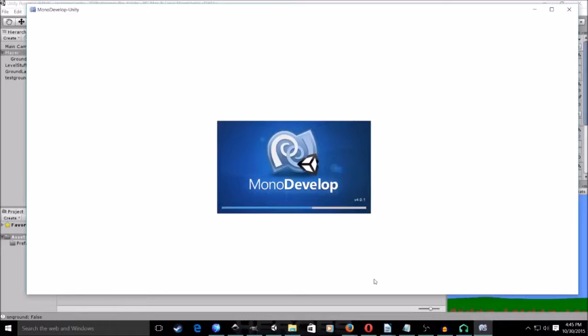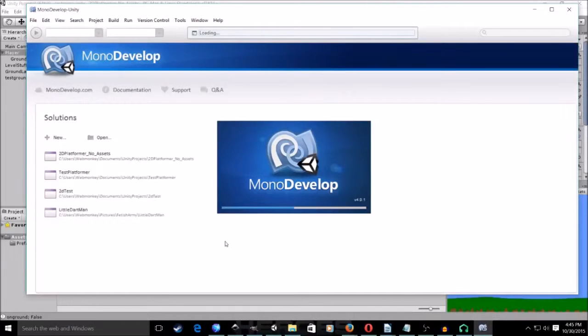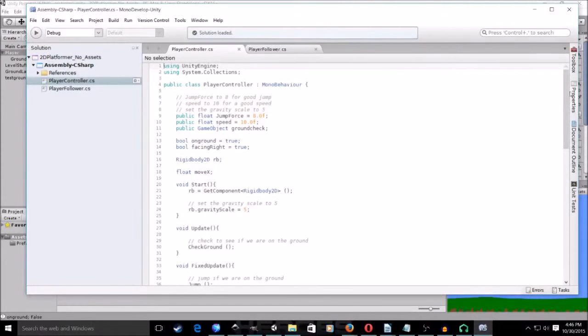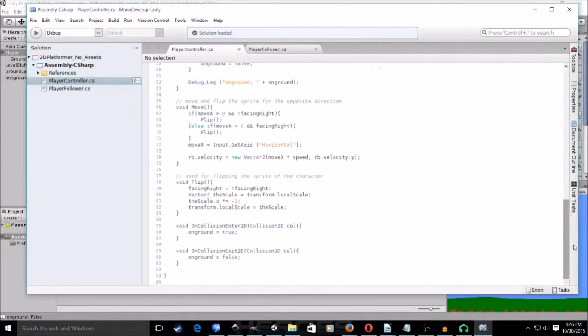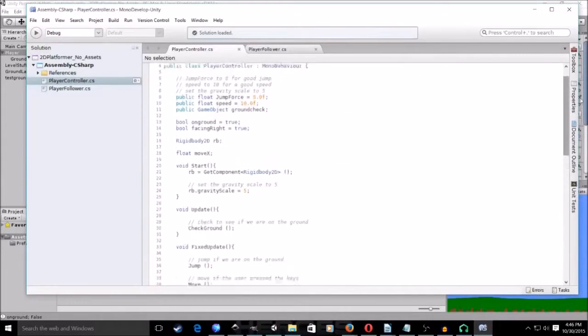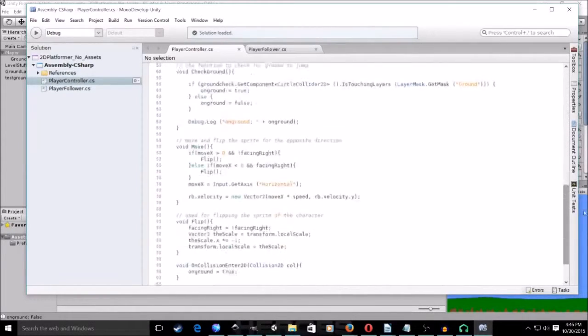I know, kind of funny, right? It takes forever to load. I don't know why. We'll be able to see some code snippets here in a second. There you go. This is just some example of the code that makes the character move. Not that hard. It's pretty easy.